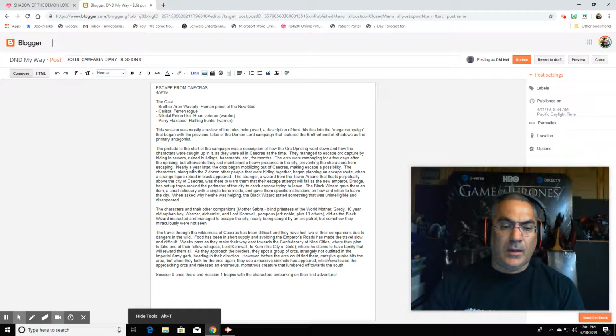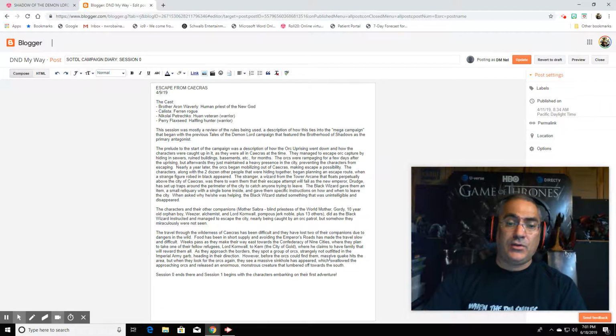We're going to pick up the first session with them actually traveling through the wilderness. Now, one thing that I do want to mention before I move on from session 0 is that there were a few non-player characters that I introduced. Even though there were a couple of dozen of non-player characters, those were all pretty much red shirts. And I did point out 4, I think it was 4 or 5,